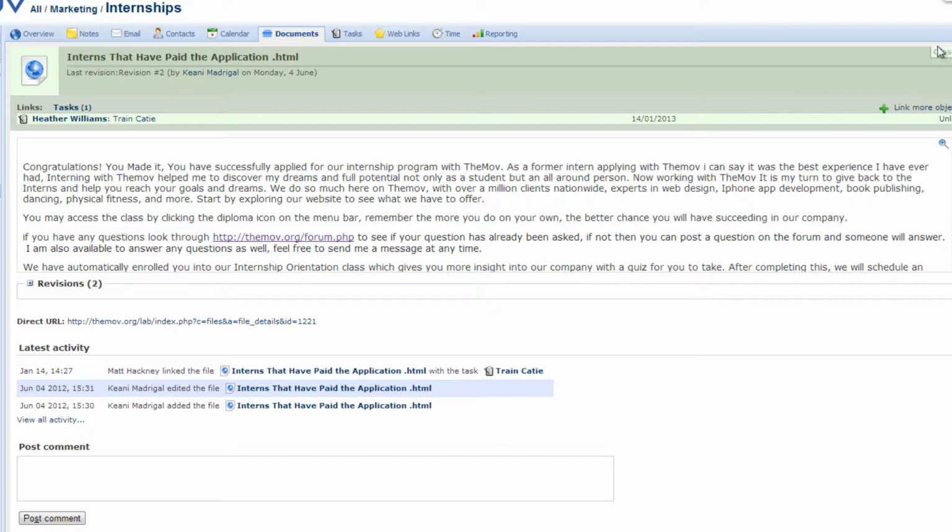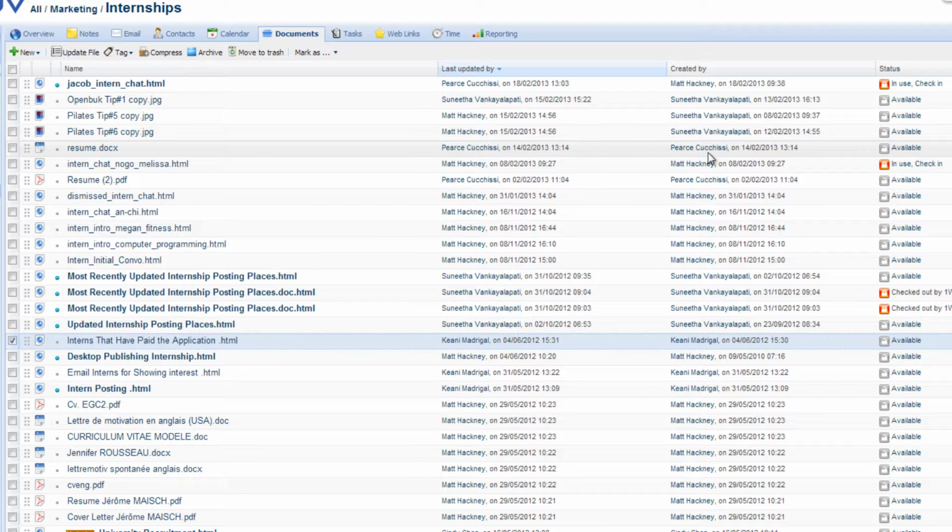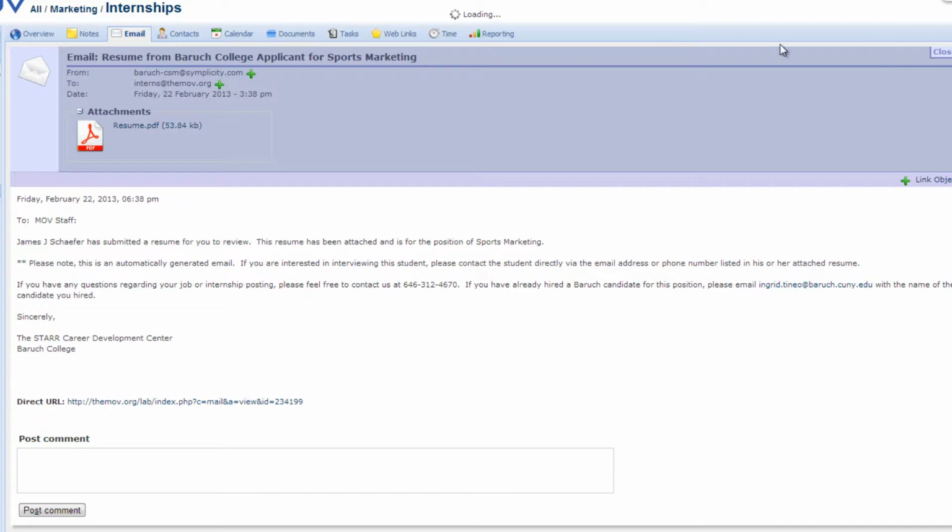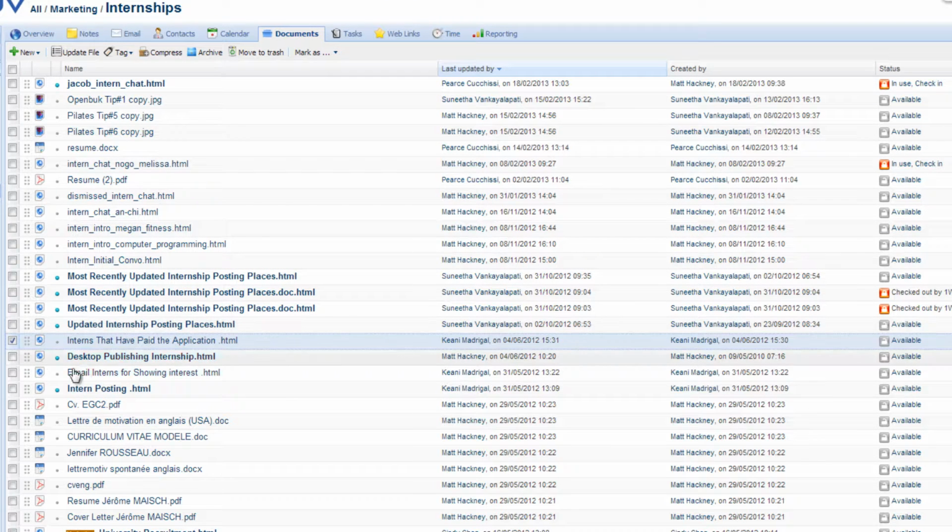And the reason we have such a cookie cutter format is we've been doing this for years. We have hundreds of interns that have gone through our program, and as you saw in the email section, there are just hundreds of people applying every week, and it's really hard to keep up with unless we have a really great system. So just to break that down, you're going to first go into the emails, and you're going to find somebody. You're going to open up their resume, contact them. You're either going to use the template that Kiani has, or you're going to write your own message.